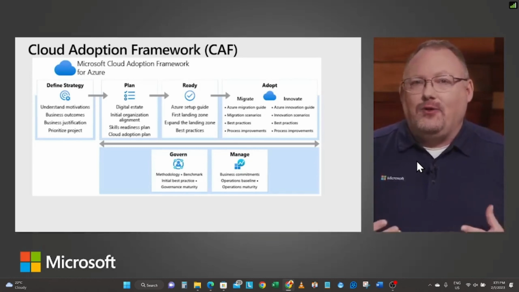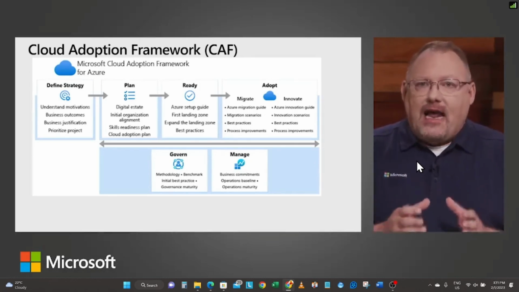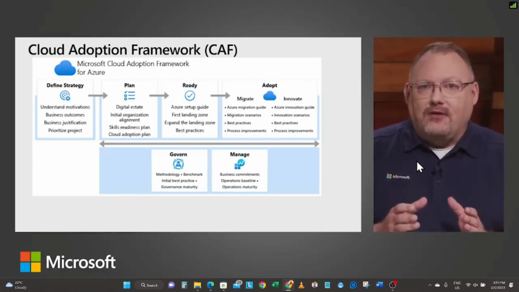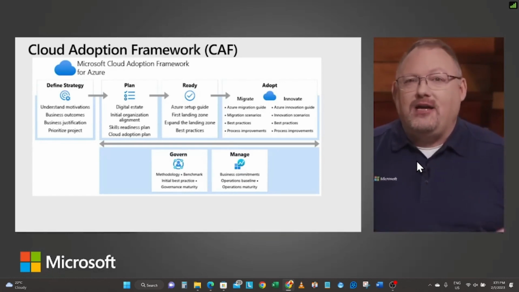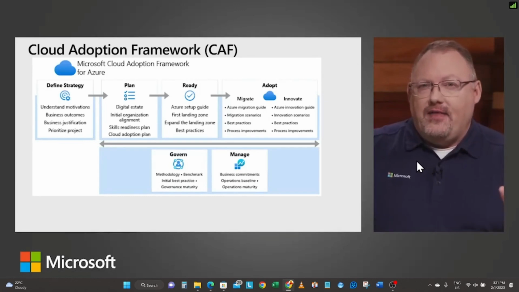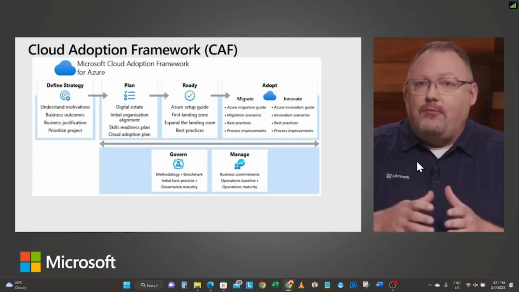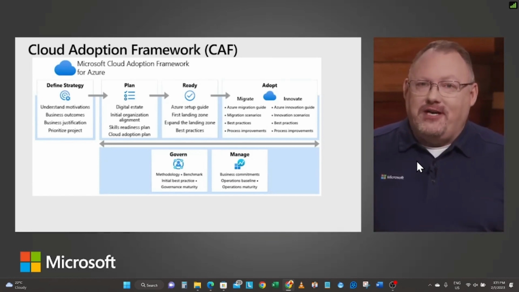I can guarantee you one thing. When you move your workloads to the cloud and you do that migration process, somewhere along the way, maybe an hour after you migrate, maybe a month after, maybe a year after, somebody's going to say, you know what, we're in Azure, and they have this other feature over here that can do the same thing we're doing here. Can we migrate that? Can we innovate it? Can we leverage all these cloud benefits to make our life easier and more efficient in the cloud?